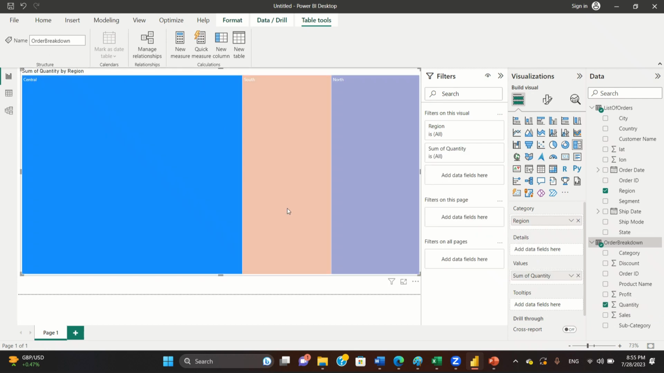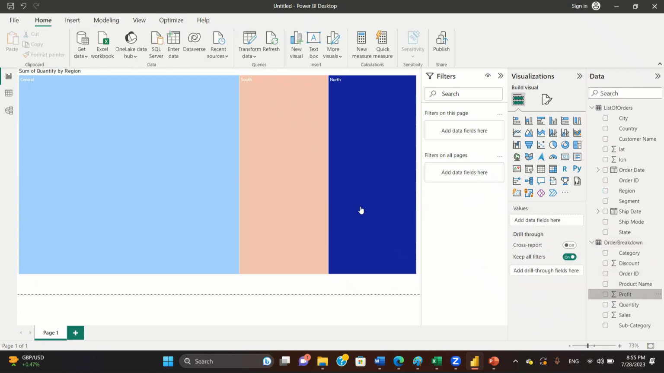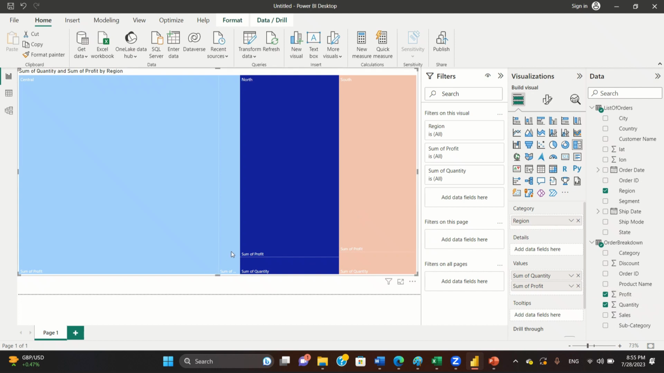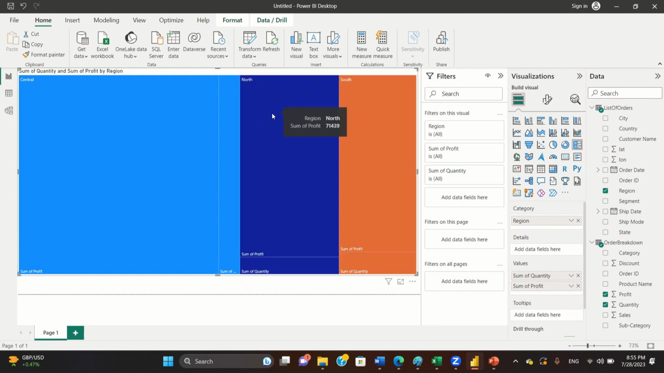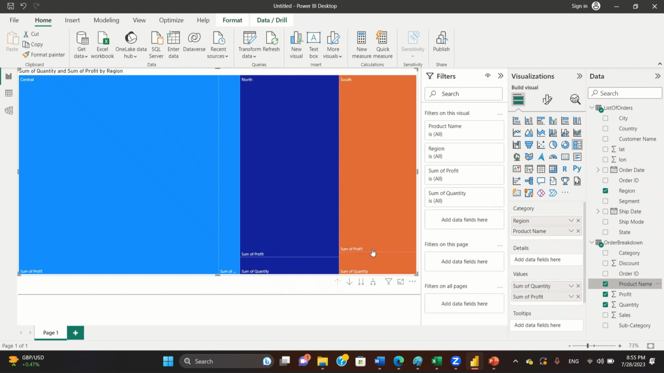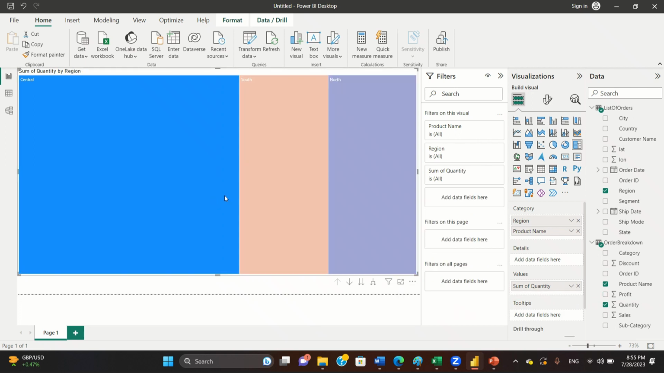So central. So as you can see here, and if I just drag the profit, so the sum of profit versus the sum of this. So as you can see, the sum of quantity is like small. So now I'm just gonna add the product name. I think I'm gonna minus sum of profit. After sum of quantity,